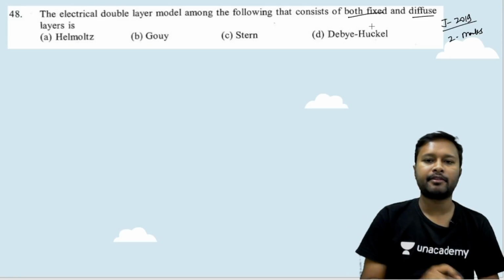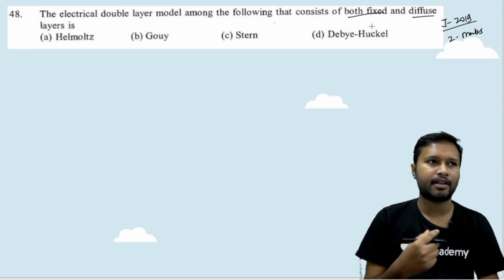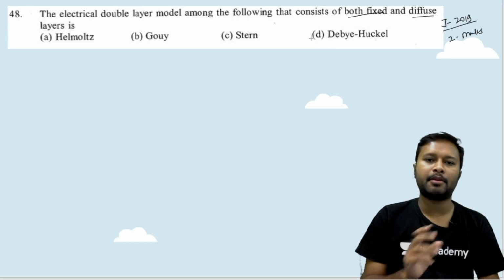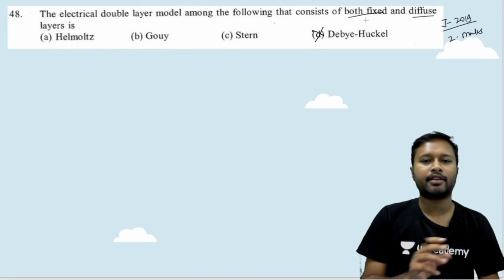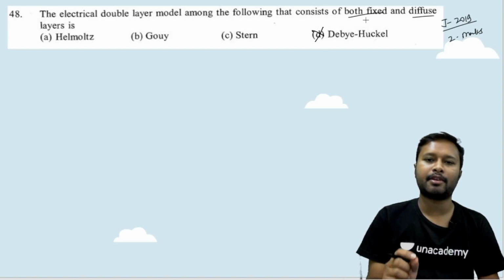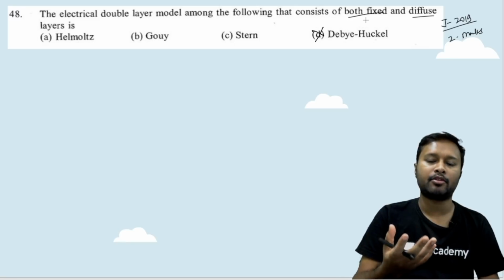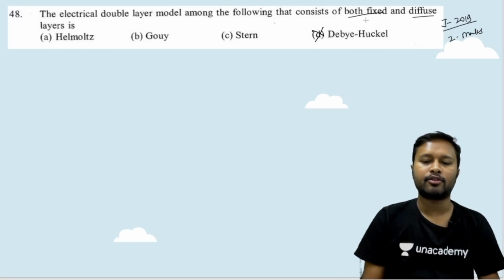Debye-Huckel model was very primitive. It actually talks about very dilute solutions, and it talks about the van der Waals force of attraction over there. So this does not actually deal with the electric double layer. Okay, it's just a very primitive way which was developed on the electric double layer. So this cannot be your option. Here the fixed and diffuse layer were not taken into consideration. It was just applicable for the dilute solutions, and the charges were taken into consideration. It was taken that up to what length a particular ion is going to get screened because of the solvent effect and all. Okay, so that's what your Debye-Huckel model was. So you just have to cancel that.